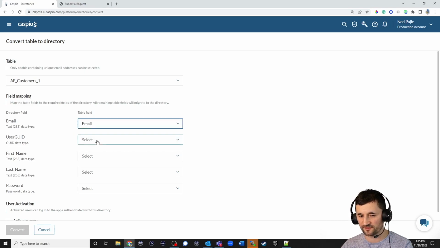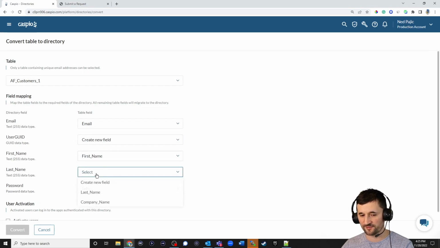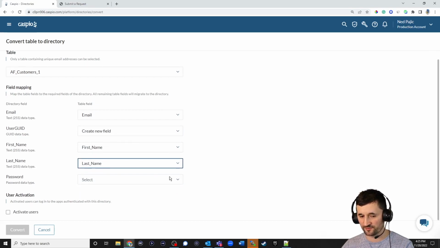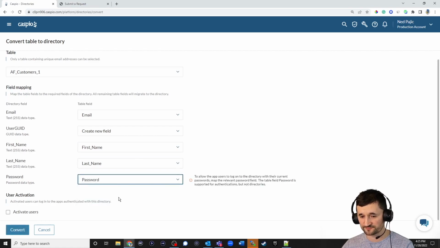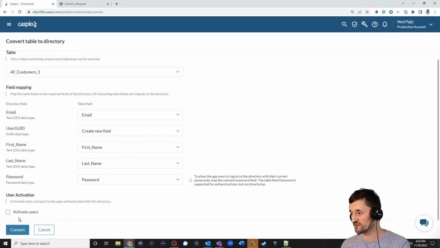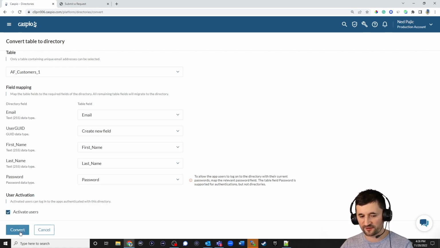You have your email field. User ID will have to be automatically created. If you have a first name, if you have a last name, link those to your table. And then we have the password field as well. And then down below, you can either make everyone active, or if you don't check this box and you bring in your user table to a directory, it's going to make everyone inactive initially. So if I activate everyone and hit convert,